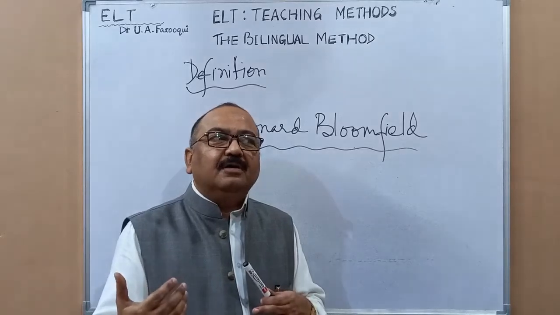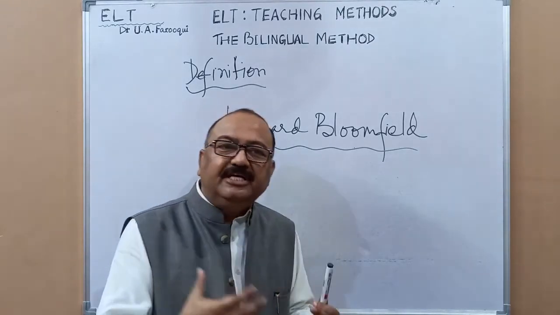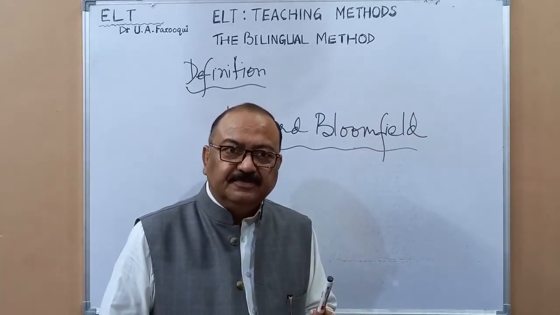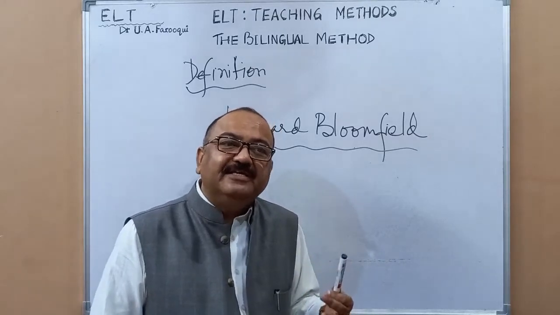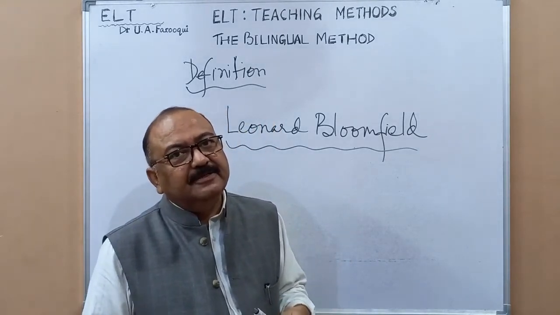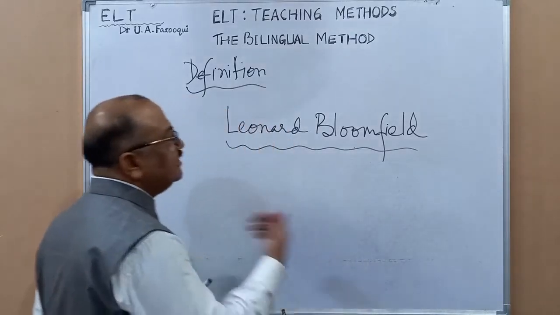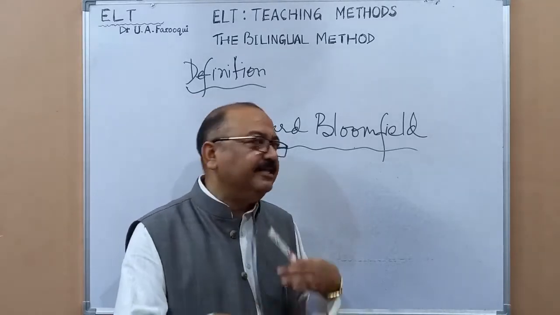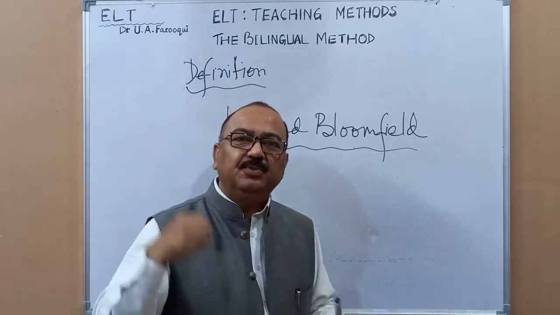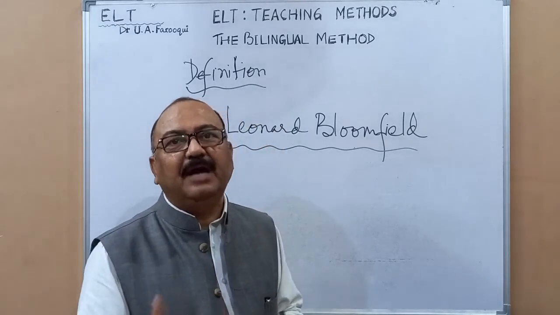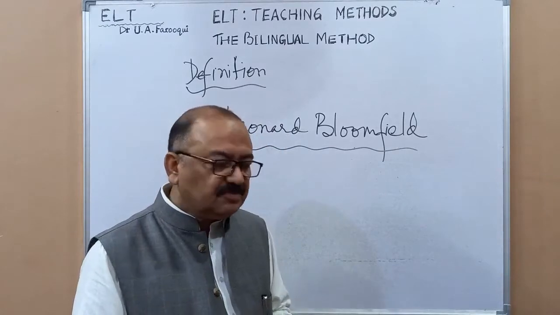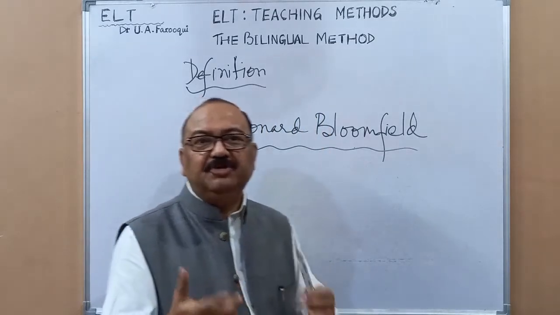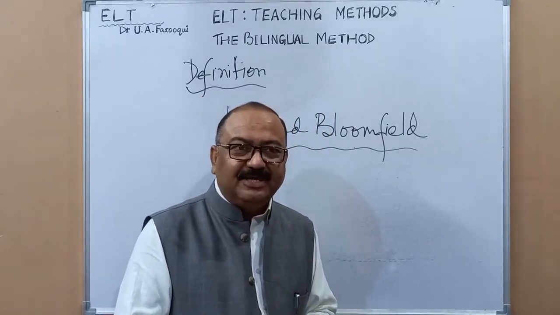So, you may say a bilingual is a person who attains proficiency in the linguistic skills of a foreign language and can use it with the same ease as he uses his mother tongue, right? If a person has the same command over the foreign language as he has over his own mother tongue, and he can use it with the same ease, then we call him a bilingual. So the bilingual method of foreign language teaching was, remember this name, developed by C.J. Dodson.